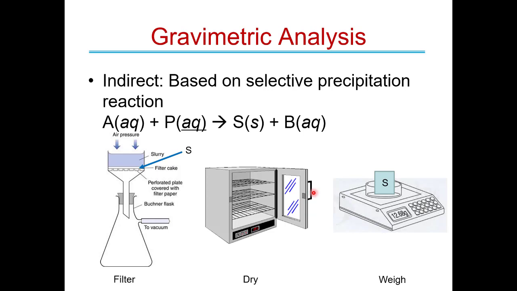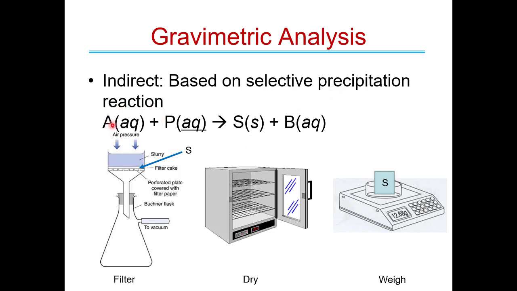More commonly, we do a gravimetric analysis that is indirect. So we're not actually measuring the analyte directly. We're measuring something that is related to the analyte. And we do that based on a selective precipitation reaction. You'll remember that a precipitation reaction is a reaction when we take two liquid solutions and we end up forming a solid. It makes the solution go all cloudy and opaque,